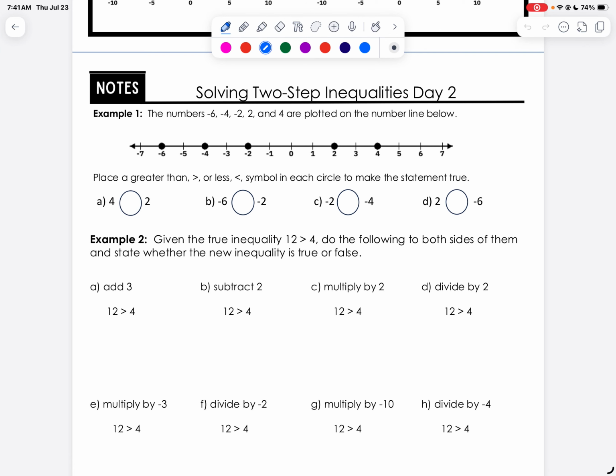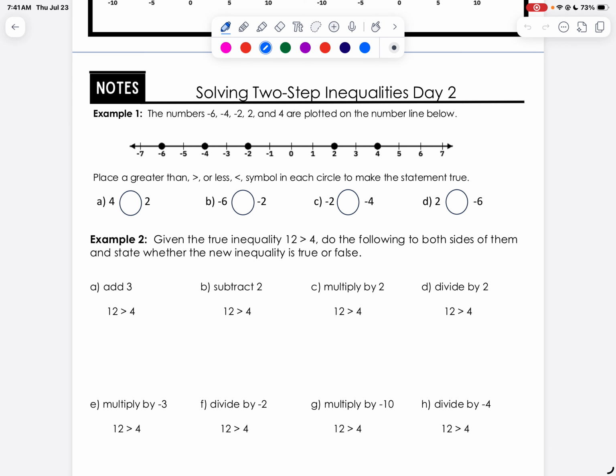Today's lesson, we will be solving two-step inequalities. This is part 2 of a two-part lesson. Let's start off with a little review about how numbers are ordered on a number line and compared with inequality